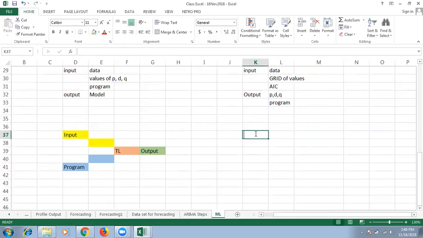Of course, the input is data. And what is your output? The program. And the output is basically the metric, like